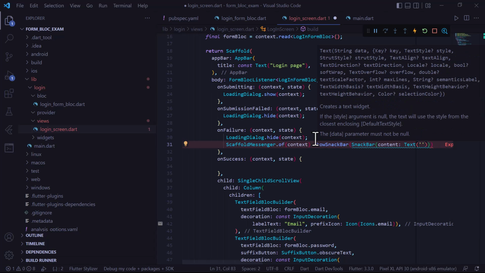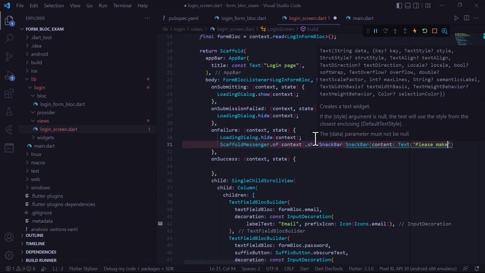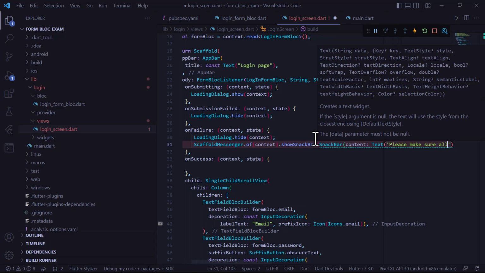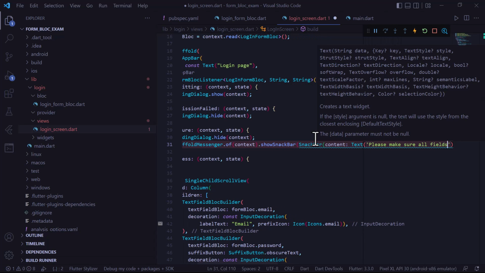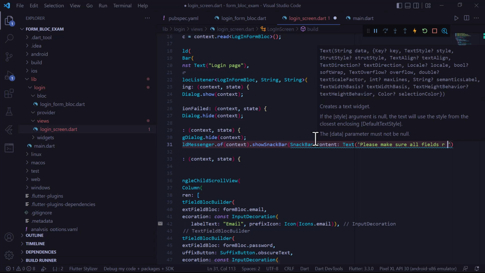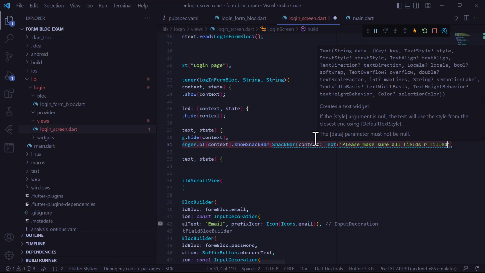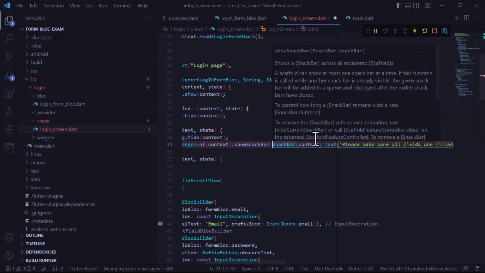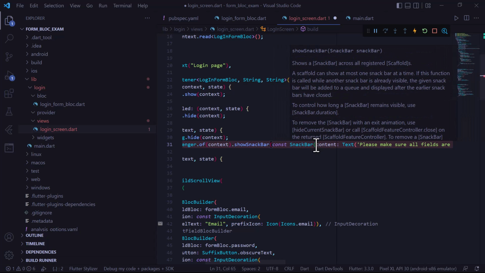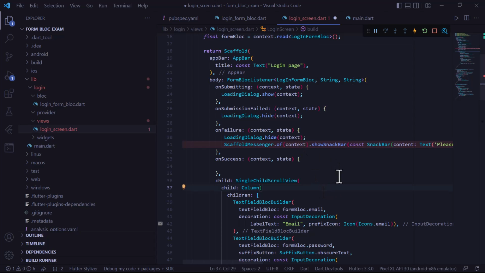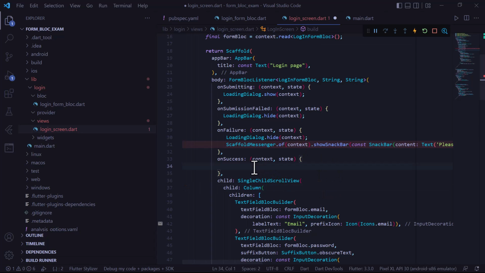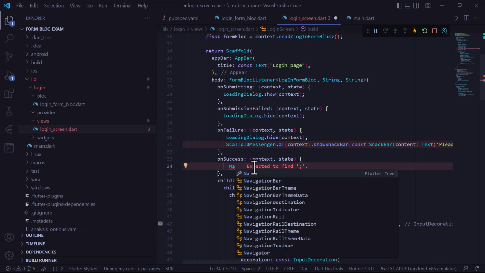So it takes in, let's say, "Please make sure all fields are filled." Then for here we could add a constant to make sure it's not repeating. So with this also on the success screen, we can go to the next screen, which is